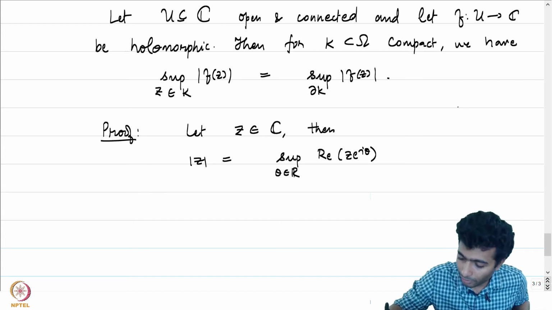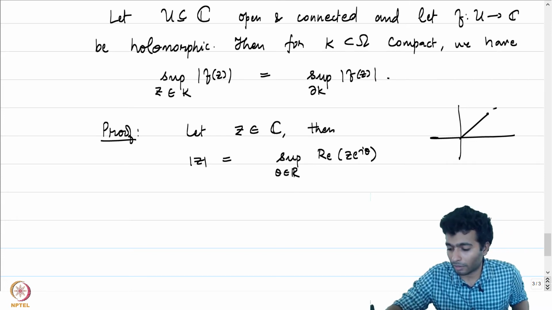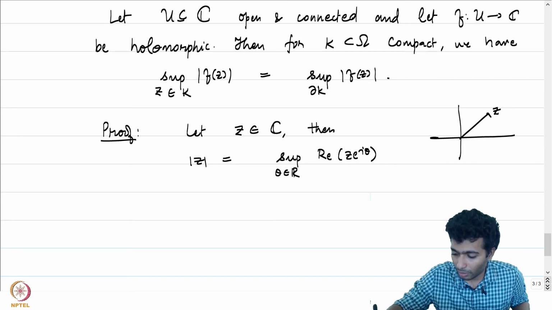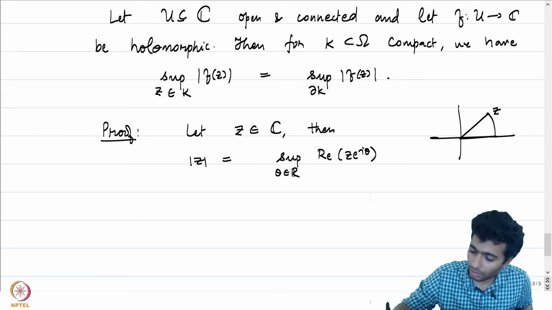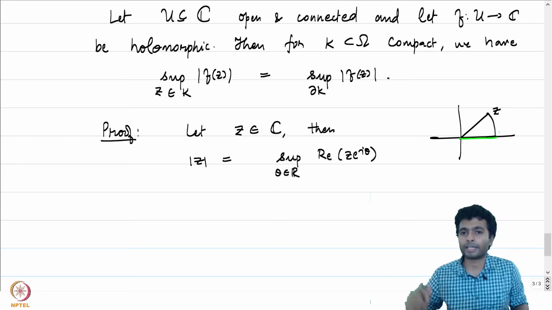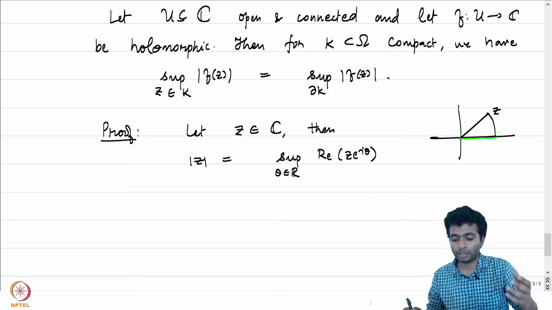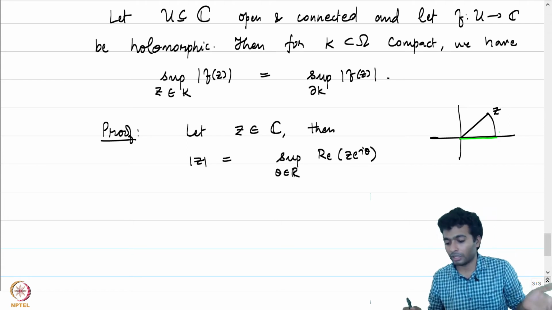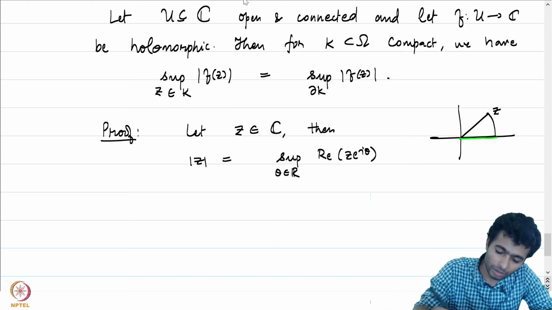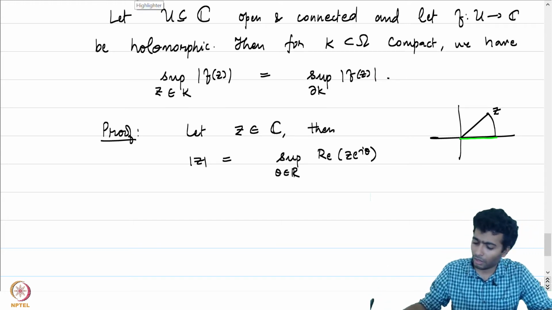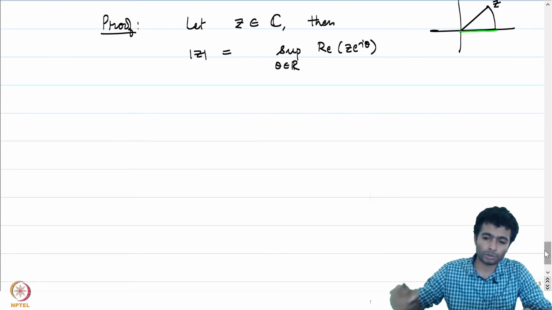So in some sense what we are doing is, if you are looking at this particular complex number z, then you are rotating it so that it falls on the real axis. So we are trying to capture what this particular line is after a rotation. That's precisely what is happening. So you're getting hold of the supremum over the real part of z e to the power i theta, where theta is varying over R. Alright, so once we have made this observation, now let's get back to the setup we are in.